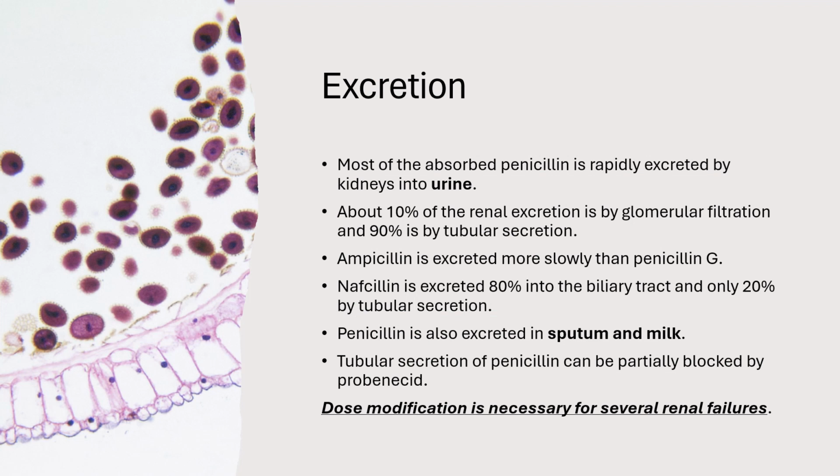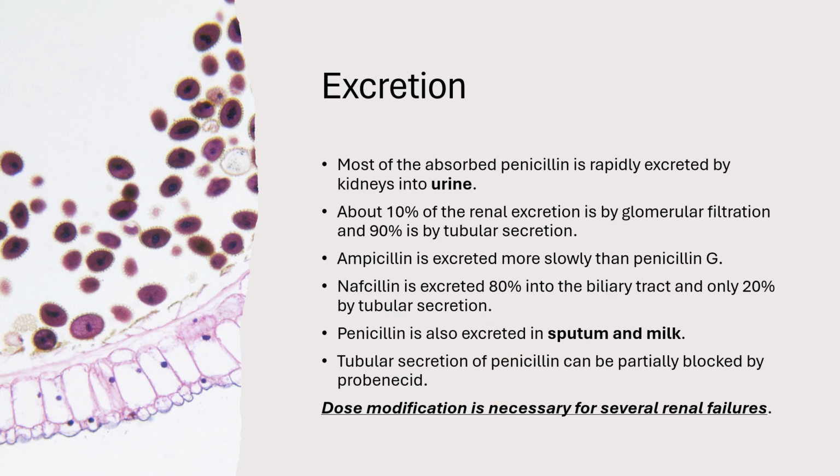Excretion of penicillin: mostly the absorbed penicillin is rapidly excreted by the kidneys into urine. About 10% of renal excretion is by glomerular filtration and 90% by tubular secretion. Ampicillin is excreted more slowly than penicillin G. Nafcillin is excreted 80% into the biliary tract and only 20% by tubular secretion. Apart from urine, penicillin is also excreted in sputum and milk, and dose modification is also needed